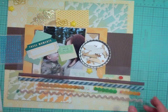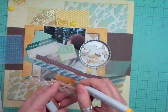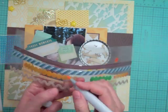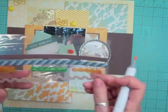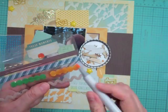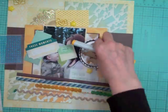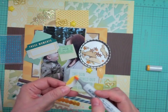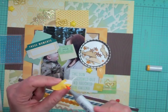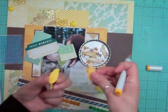And I'm looking for one of those epoxy borders from Amy Tangerine, and there was one and it was kind of brownish and I wanted it to be yellow. So I'm going to take my Copic markers and I'm going to change the color of it, and I'm going to make it yellow. And it turned out really, really nice. Like I really like it. It actually has sort of a yellowish and brownish tinge to it, so it coordinates with everything on the layout really well,